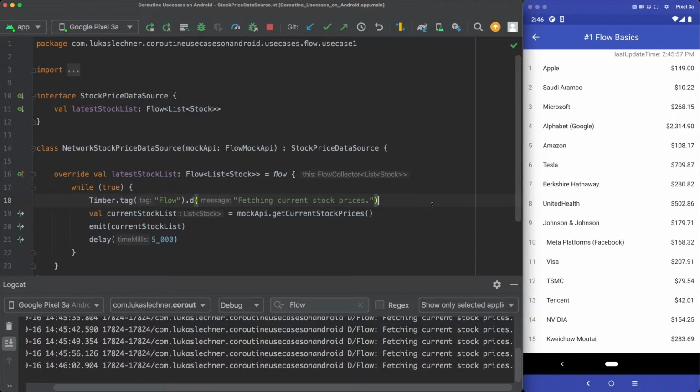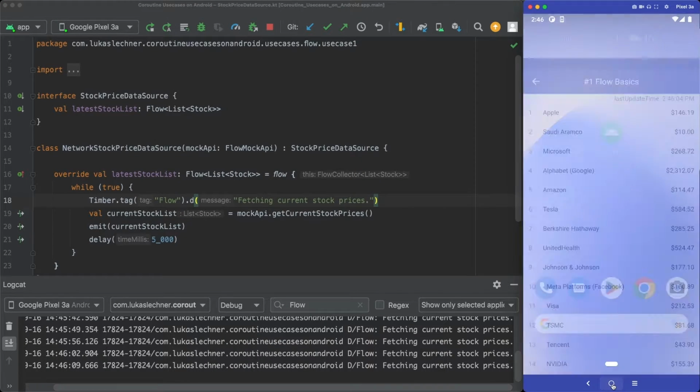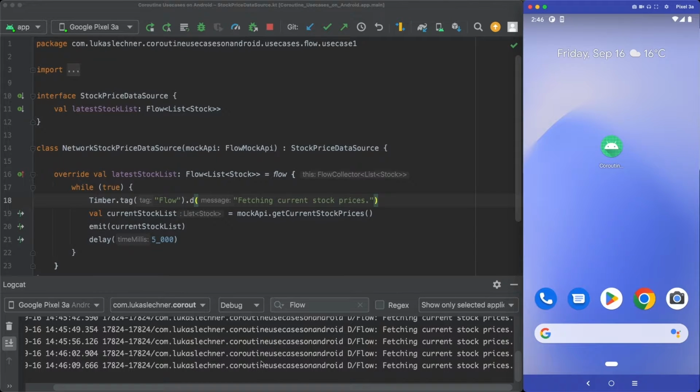Now the problem that we currently have is that even when we put the app into the background, you can see in logcat that still new log lines are printed out. So the data source is still fetching new stock prices from the network, which is a problem. And that's not only a small problem, but a very big one, because these network requests cause unnecessary load to the servers. Additionally, they also waste a lot of resources on the device of our users,